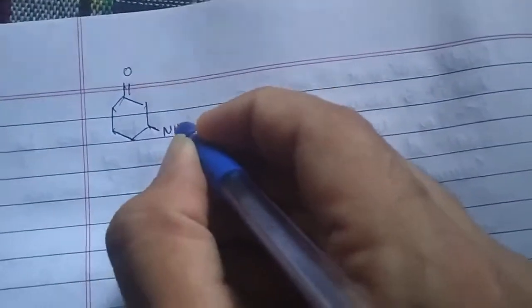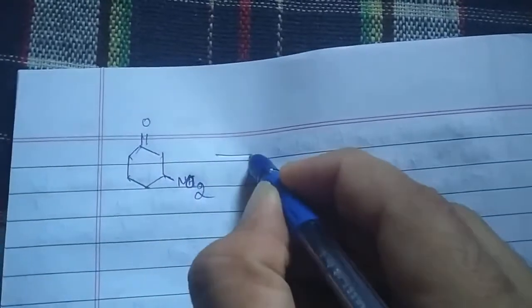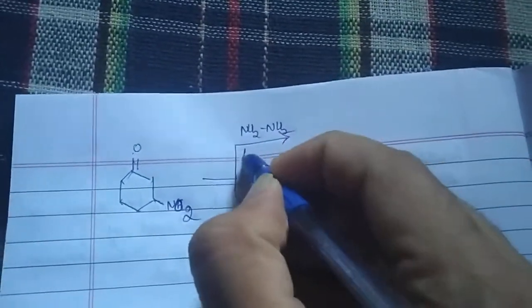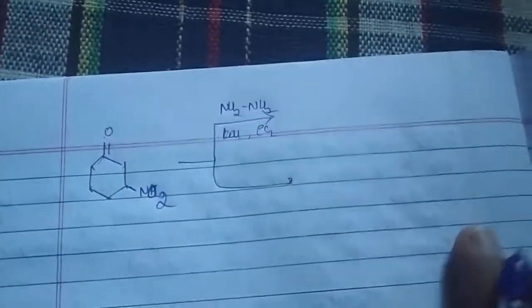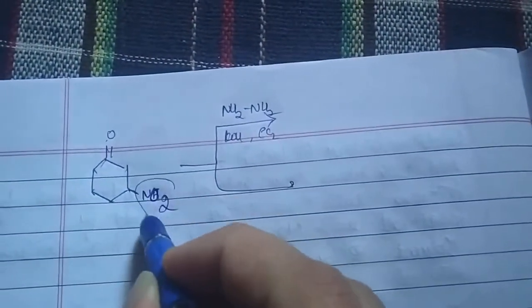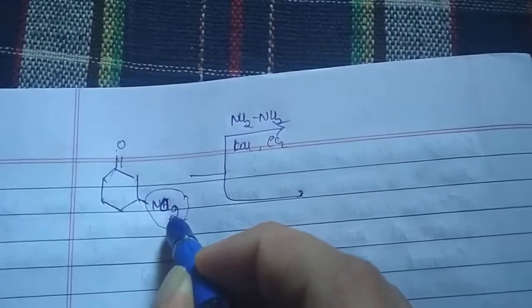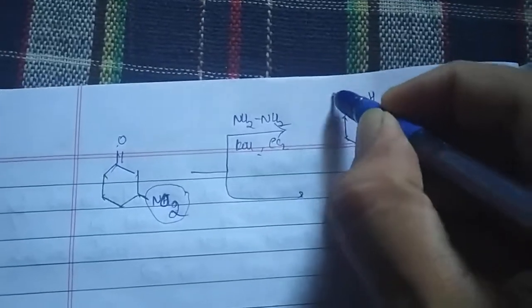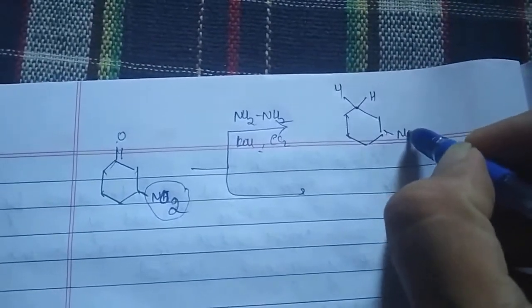Very much important to note these points. So if I am thinking of the same compound and instead of having OH, I would be using NO2. Remember? So when it is subjected, first of all you have to note, it is a carbonyl compound. So when you are using hydrazine in the presence of KOH and ethylene glycol, what will be happening? This is an acid sensitive group, so it will have no effect in the basic medium. So what you will be getting directly is, in the place of carbonyl, two hydrogens, and this NO2 part will remain as such.